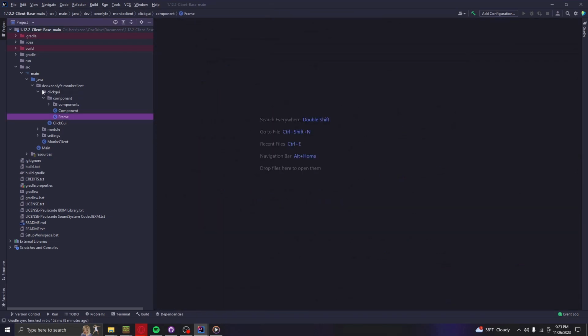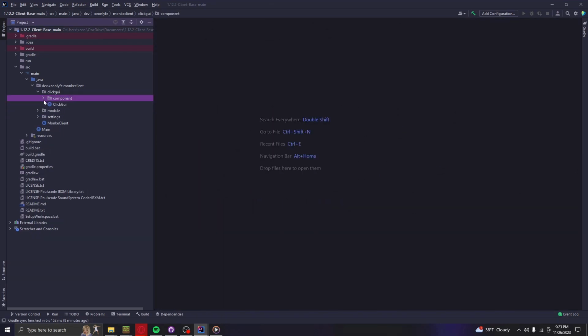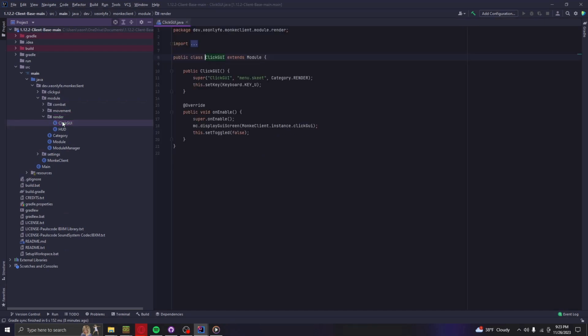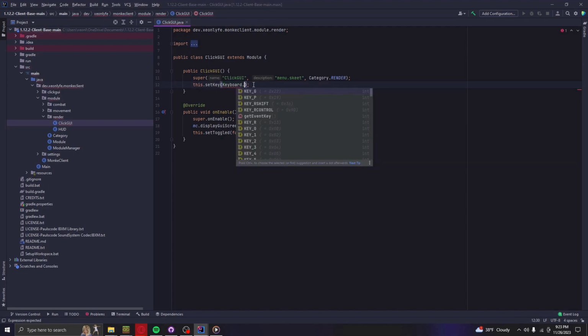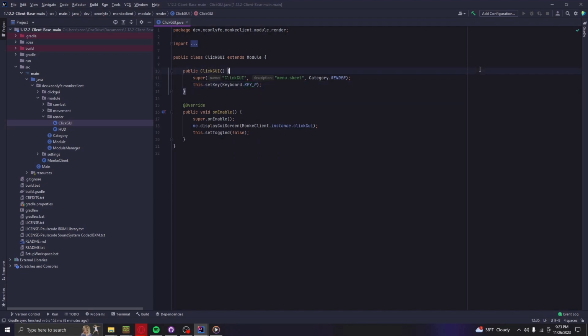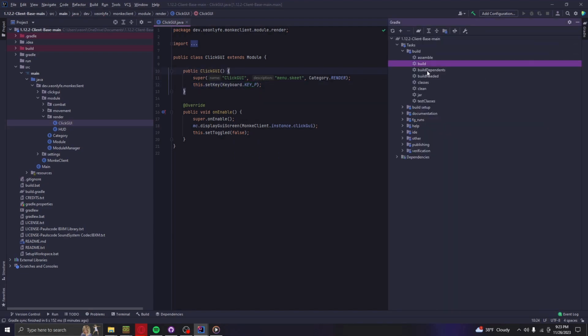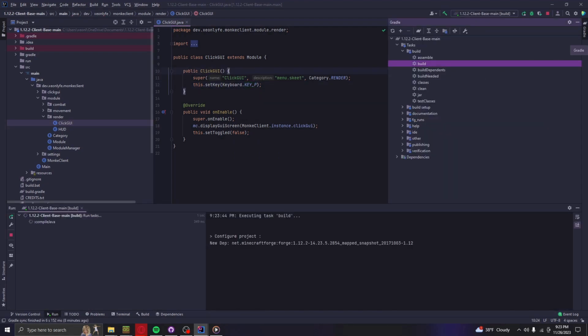And the GUI, you don't really have to mess with. I'll show you how to do some things in a little bit. But now if we go over here to our actual modules, you see we have movement, render. If we go to Click GUI here, let's say that we want our Click GUI button to be P instead of U. So we'll do Keyboard.P. Now if we go over here and do build,